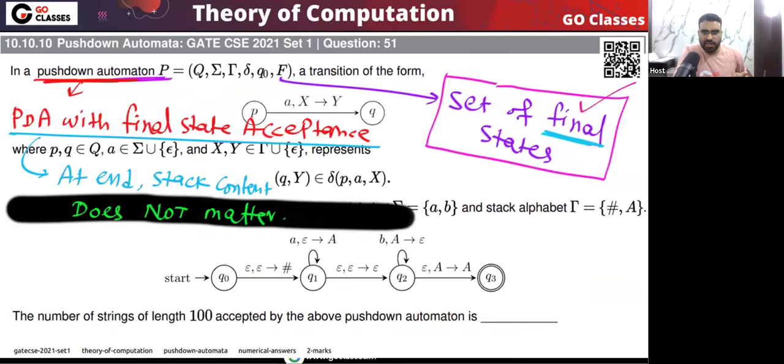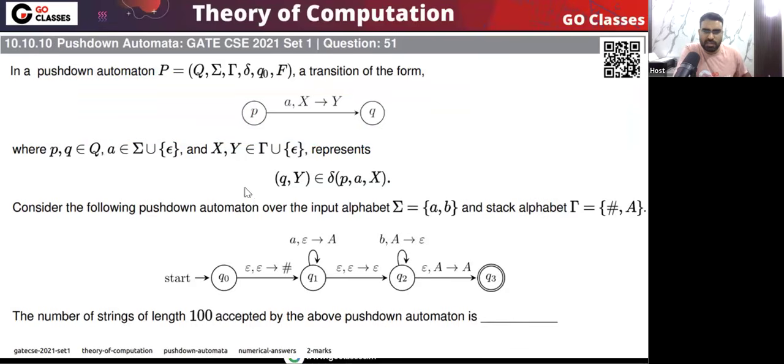So that's it. This is the complete analysis of this PDA. So finally, what is the language here? For this PDA, the language will be that the number of A must be more than the number of B. A power n, B power m, because remember, after A's, B's are coming. After B, A is not coming. Do you agree with me?